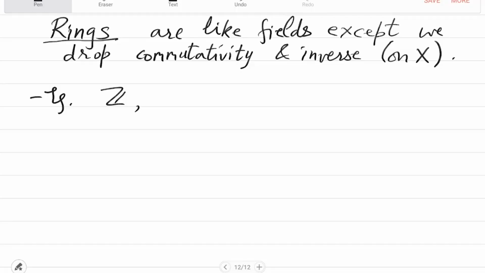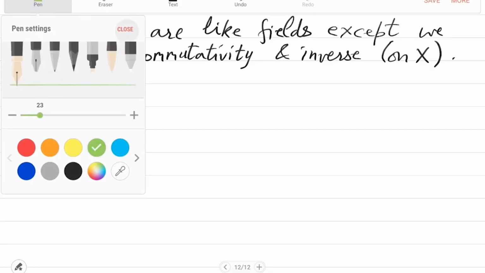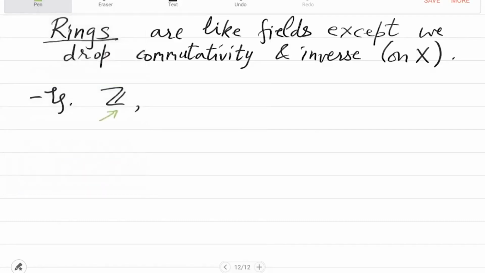But these other elements that are non-units, are they zero divisors? They are not zero divisors, because if you take 2, there is no nonzero number x such that 2x is equal to 0. Right? So integers are not a bad ring. It's very close to a field. Such rings are called domains. So Z is a domain. That's a special property it has. There are worse rings possible.